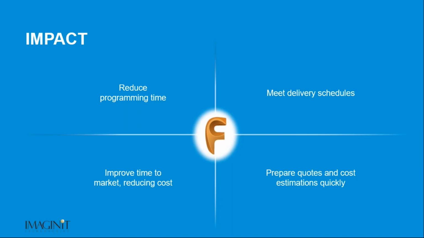So with faster programming time, we're able to meet delivery schedules a lot faster, which makes us more marketable in manufacturing. It really is able to drive marketing. With improved time and programming, we can get quotes out faster, making us a lot more marketable, and getting estimates